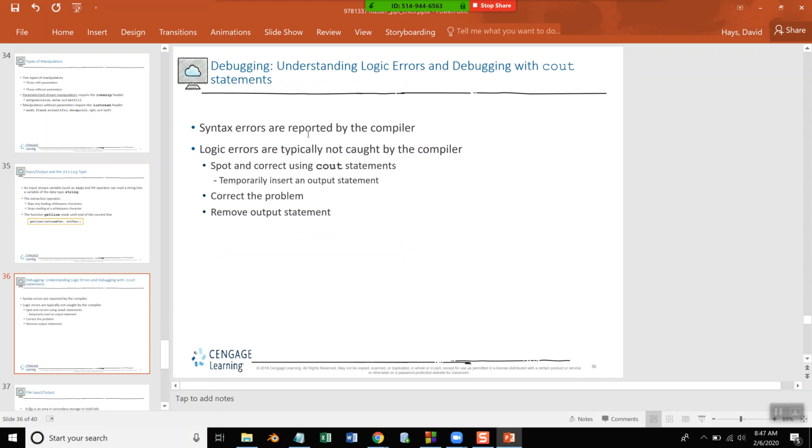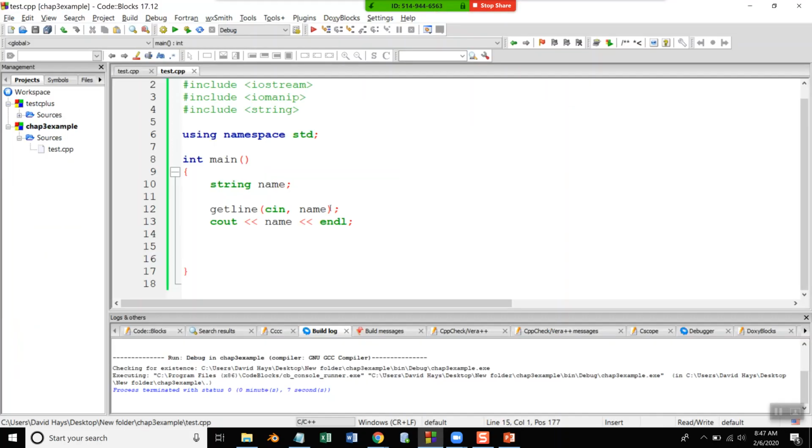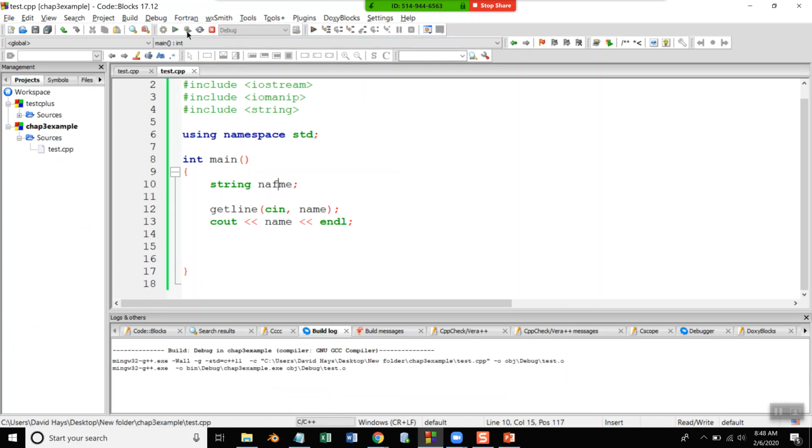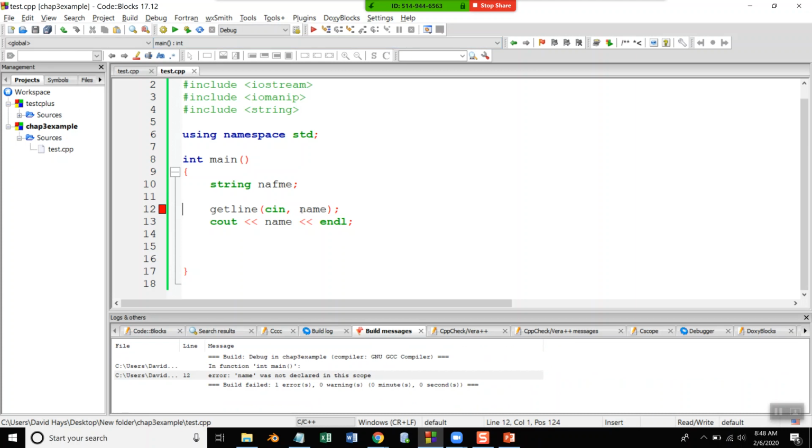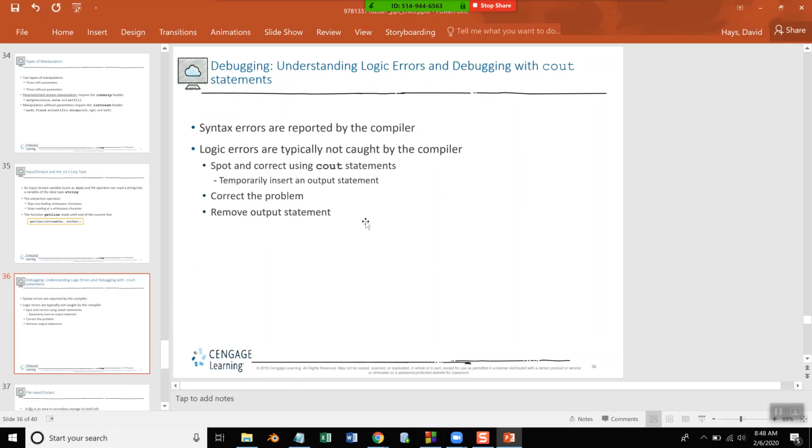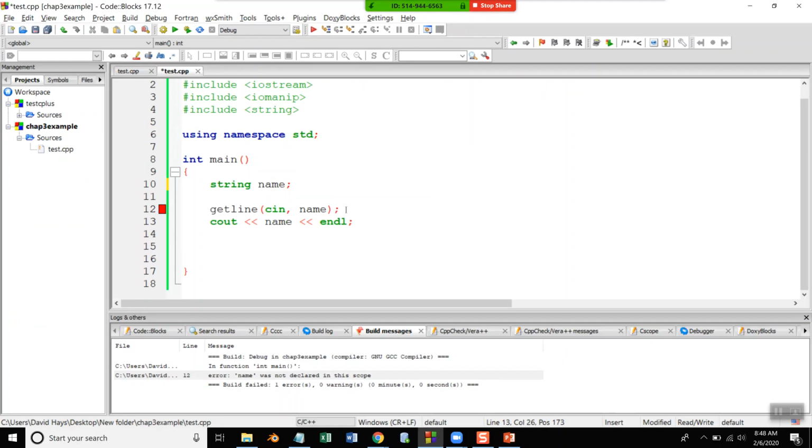Let's see. Syntax errors are reported by the compiler. Logic errors are typically not caught by the compiler. A syntax error would be if I did that, tried to run it, it would tell me the name isn't defined. I didn't declare it, because I have different names here. So that's a syntax error. One way to catch logic errors is spot and correct using cout statements. Temporarily insert an output statement. So if you're down here, if you're calculating something,